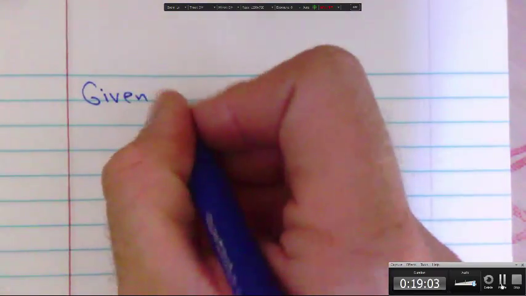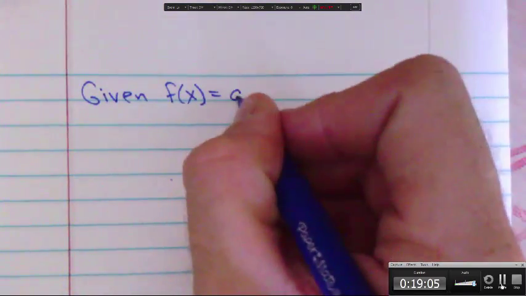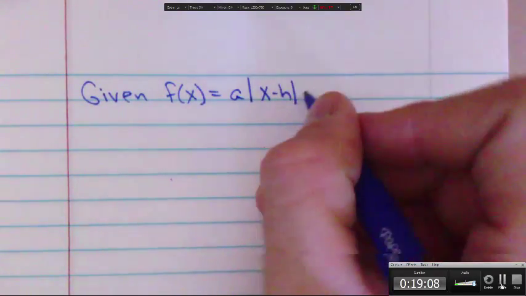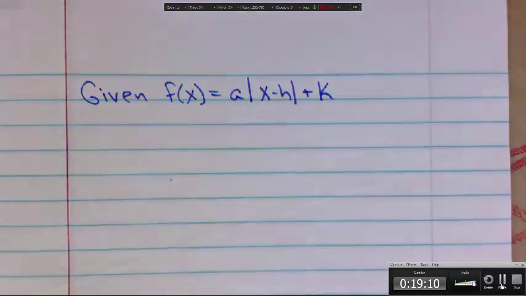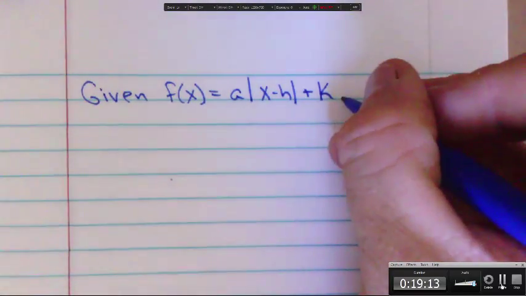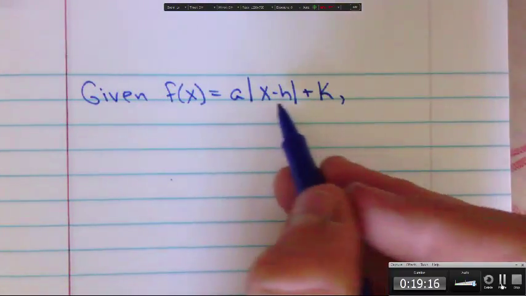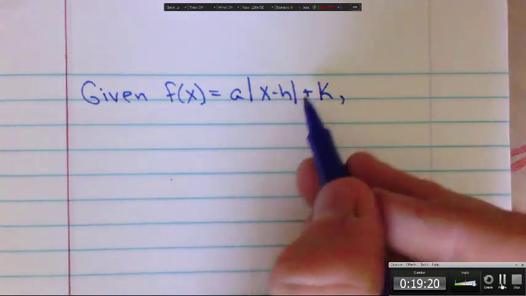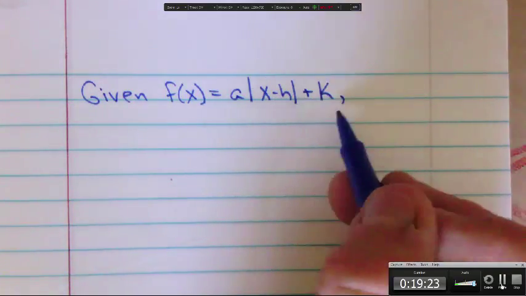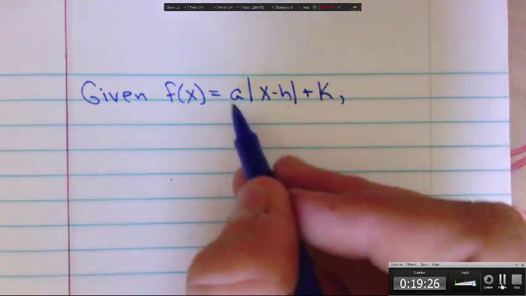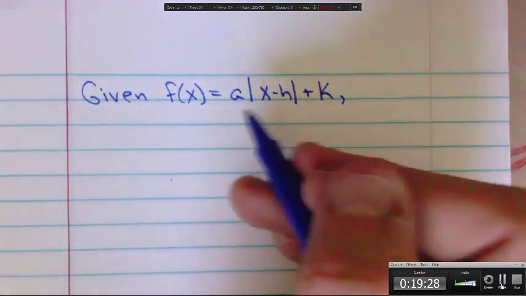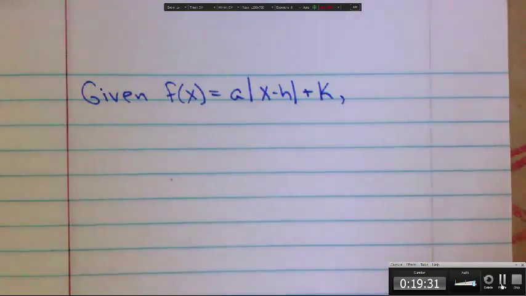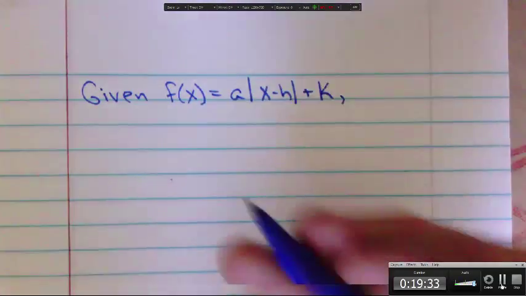This brings us to the last part of the notes. Given f of x equals a, absolute value of x minus h plus k. If you look here, this is just an absolute value function that has been some kind of horizontal translation, some kind of vertical translation, and some effect on the amplitude. So this is just a transformation of the absolute value parent function. So given f of x equals this,